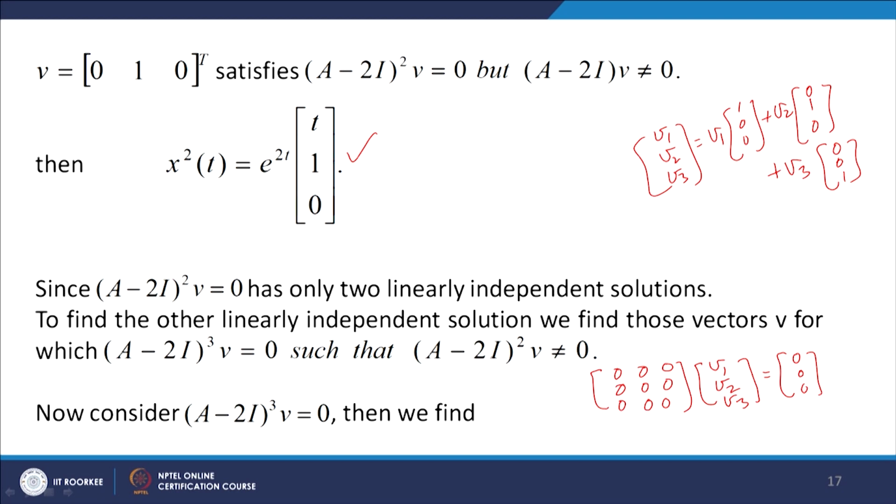So here we want a vector for which (A minus 2I) whole square b is not equal to 0, but (A minus 2I) whole cube b equals 0. So we cannot take these earlier vectors, because for them (A minus 2I) b equals 0, so (A minus 2I) whole cube b and (A minus 2I) whole square b will also be 0. So let us take 0 0 1. We take b equal to 0 0 1,